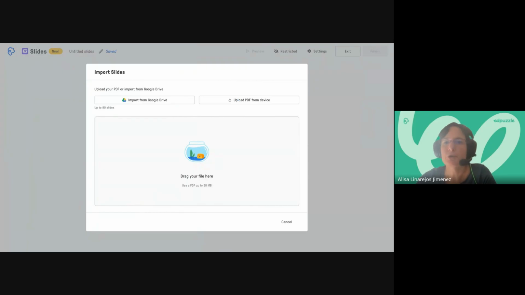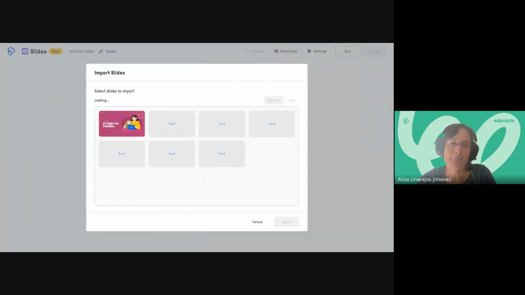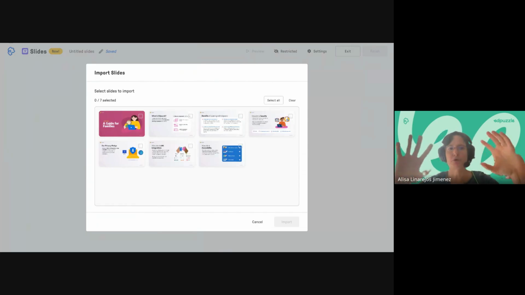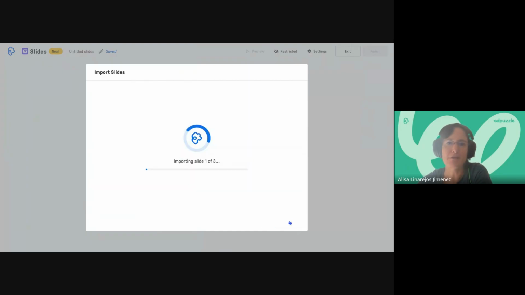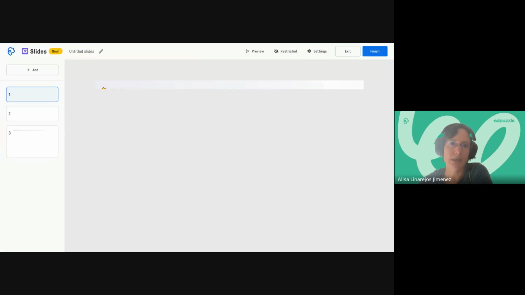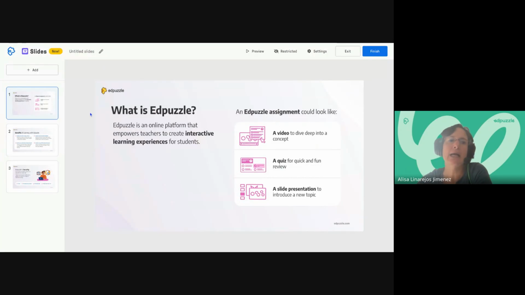Okay, so I am going to work with a PDF so that you can see an example and how beautiful it is and how many things you can do with this. Okay, so I take my file from the computer, from Drive, I upload it to Edpuzzle, and this gives you the possibility of selecting. Imagine that you have a beautiful slide with a picture on it, or text and picture, whatever it is that you have and that you want to share with them. You select everything that you want to select to share with your own students, and you would be able to do something that is amazing, which is